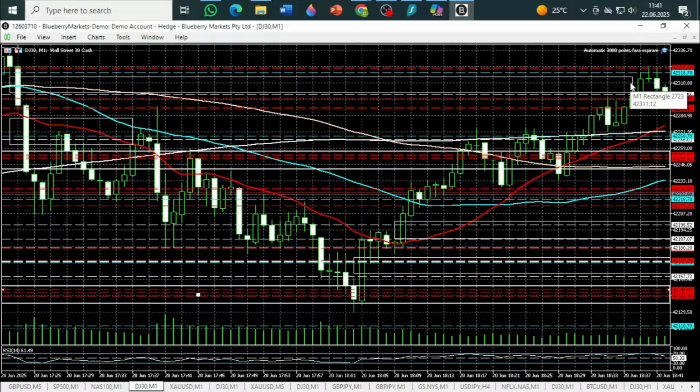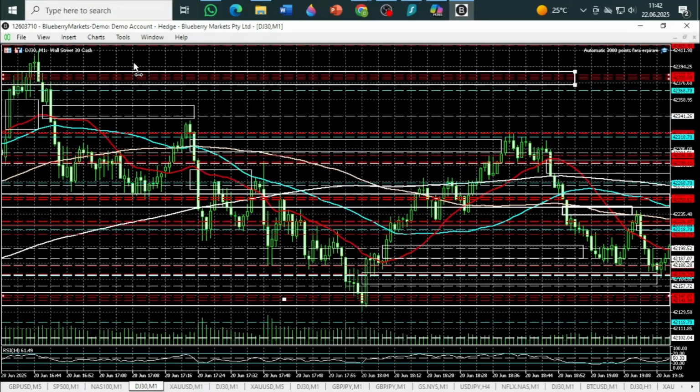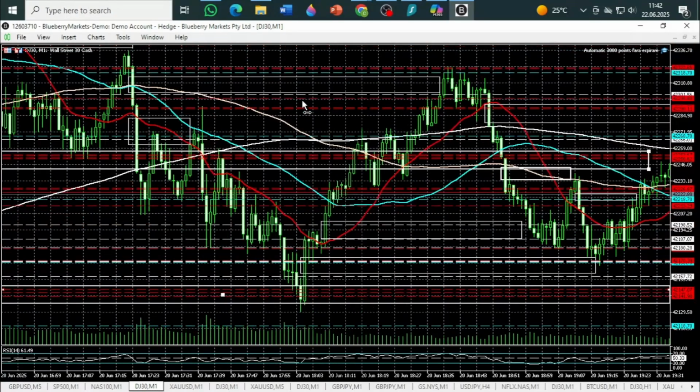We can enter with a sell order from here. Yes, this is the fair value gap that I mentioned. We can put a sell order here,